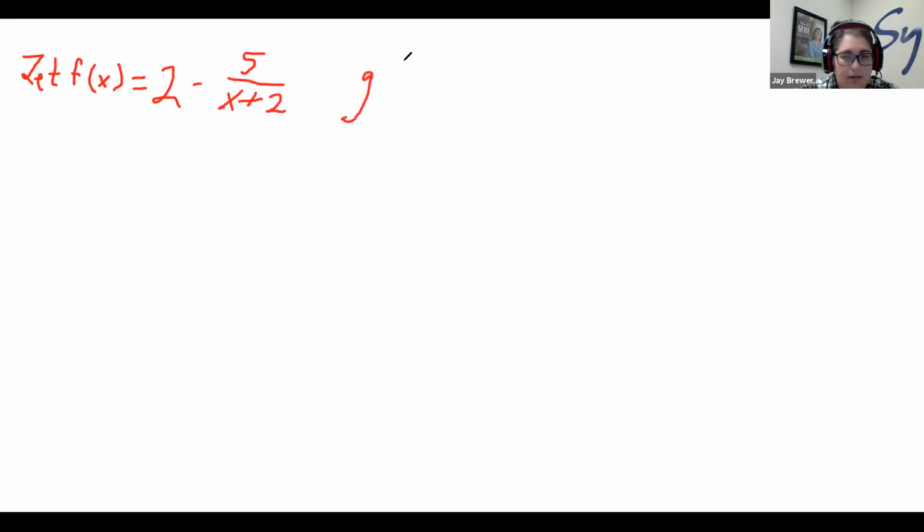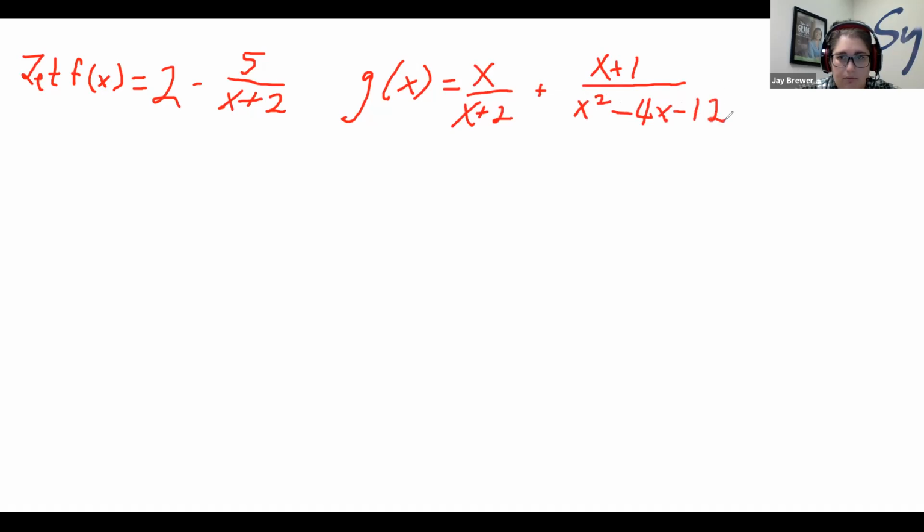And then g of x is going to be equal to x over x plus 2 plus x plus 1 over x squared minus 4x minus 12. So